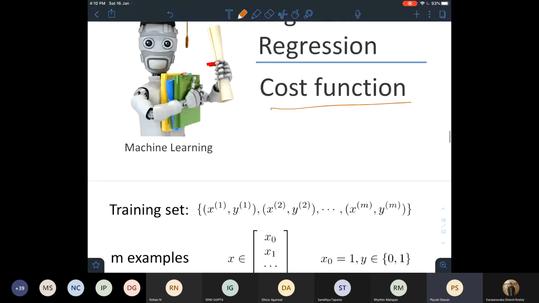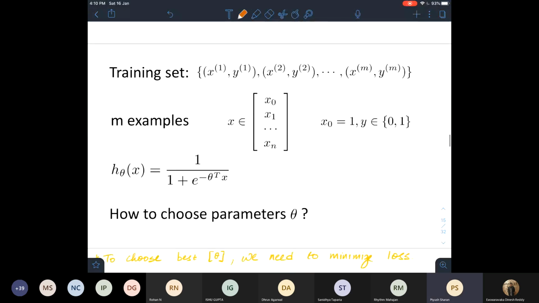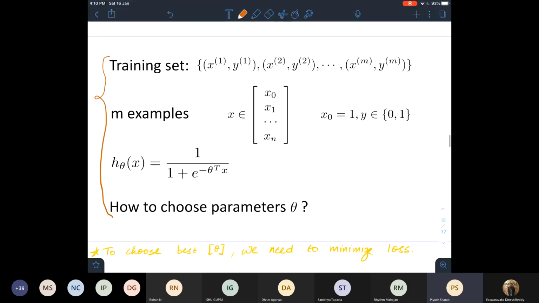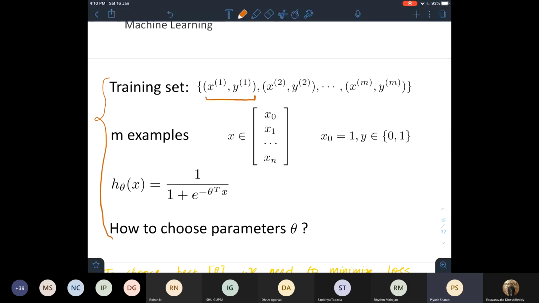So the cost function. Again, this is some notation for you so that you don't get confused. Just look at this: there's x1 and y1. X is again the features, and y is the corresponding output, right? And I have m test cases, m data points in my graph, right?